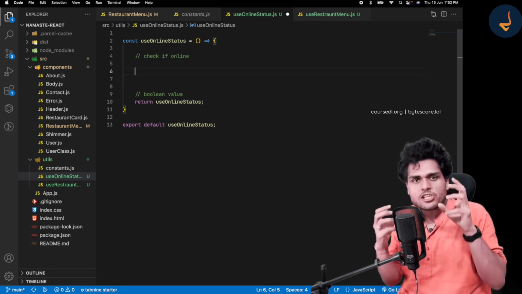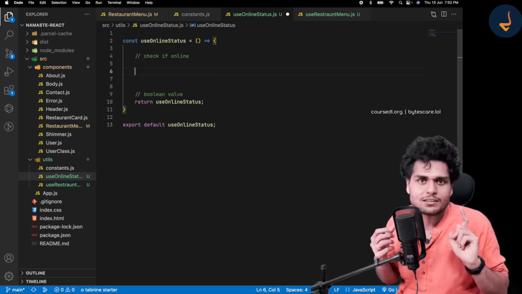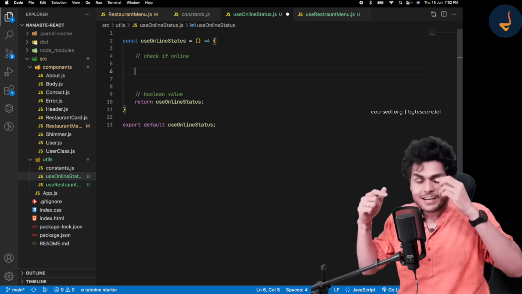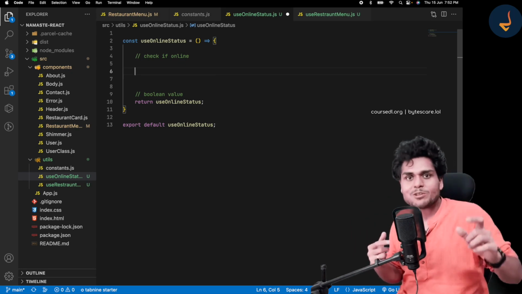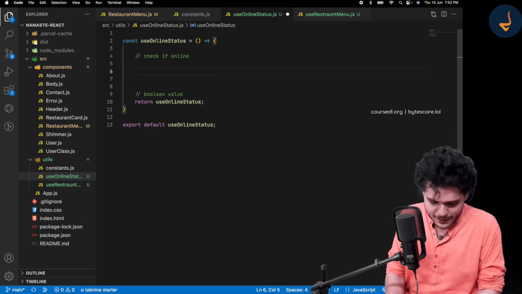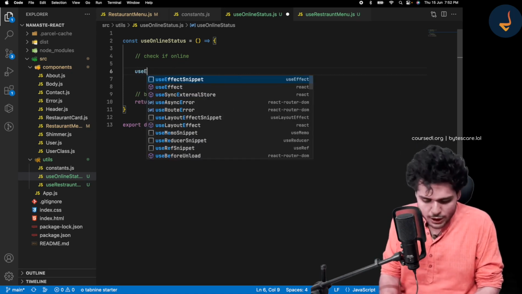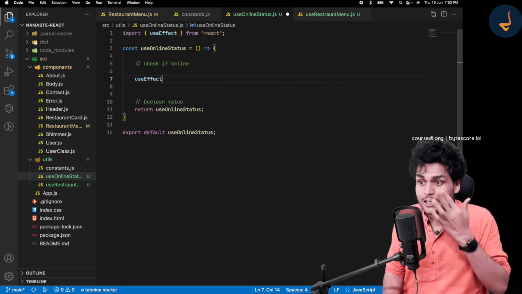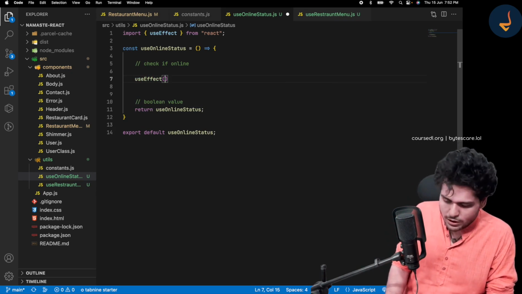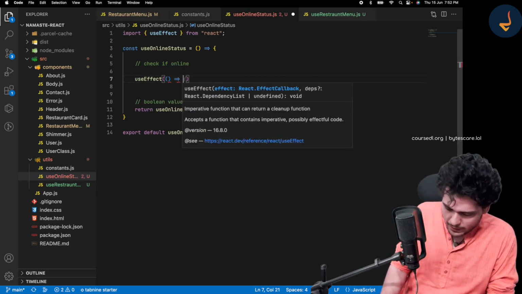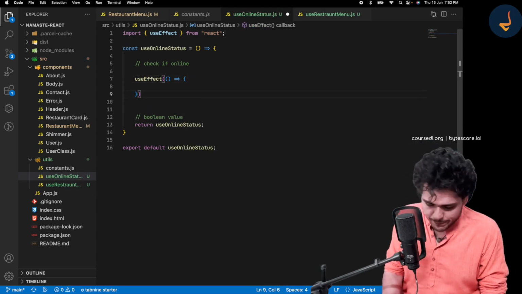So how can I add my event listener just once? Remember this from the last episode? Yes, you are absolutely right. We will use useEffect, along with an empty dependency array.